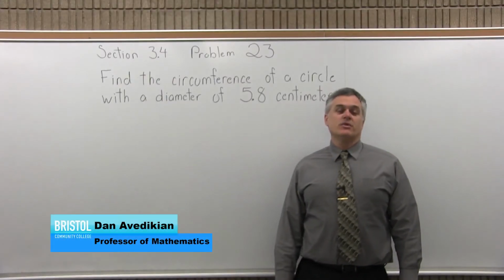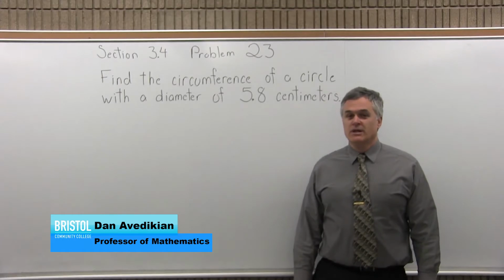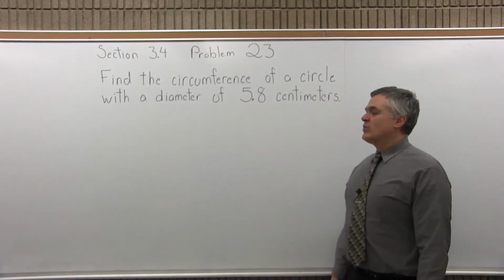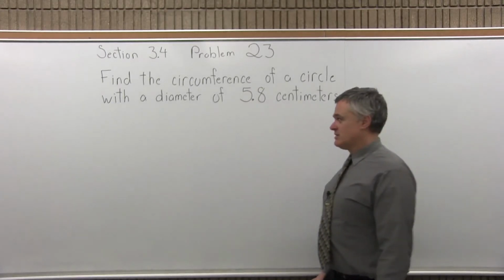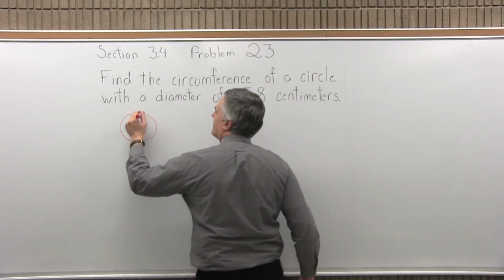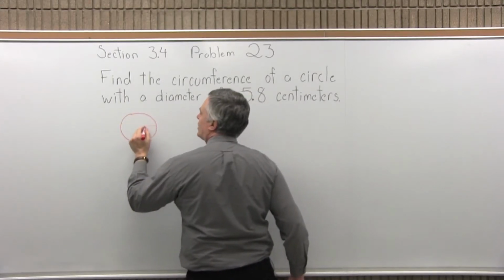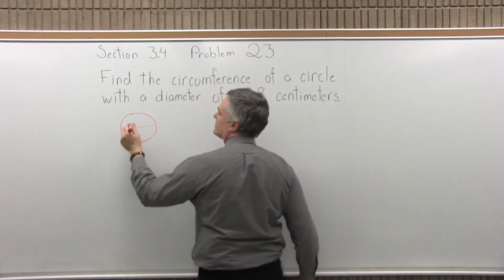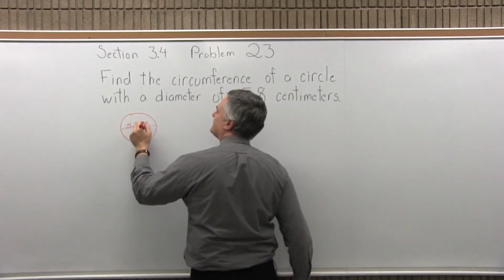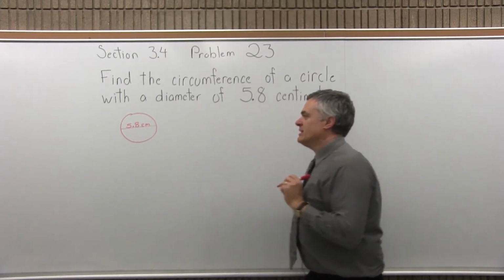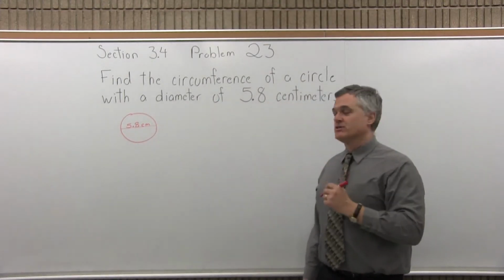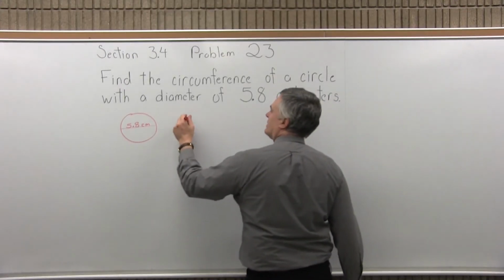This is Section 3.4, Problem 23. It says, find the circumference of a circle with a diameter of 5.8 centimeters. So, the diameter is the distance all the way across through the center of the circle. So that is 5.8 centimeters. So it's asking for the circumference, or in other words, what's the distance all the way around the edge of the circle. So circumference